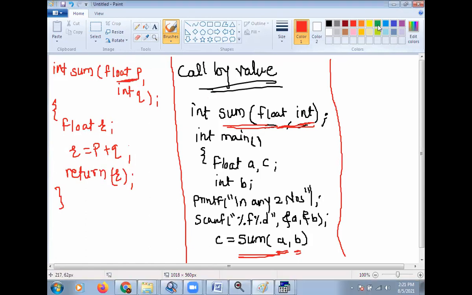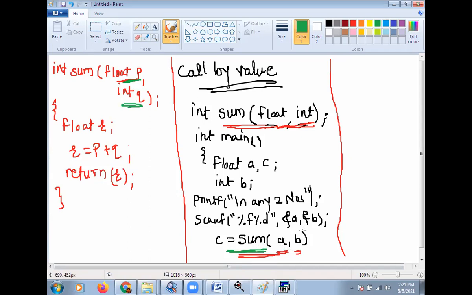See what is the value of p and what is the value of q. Here you have declared a float p and integer q. In the last statement of the main function, c is equal to sum a b.